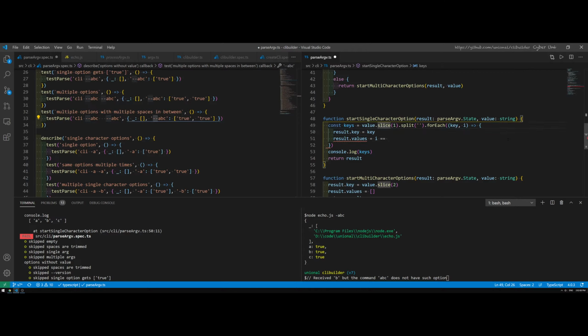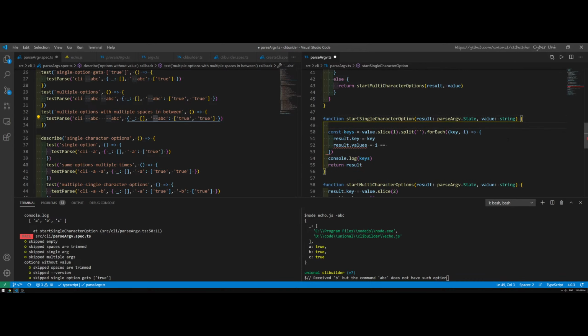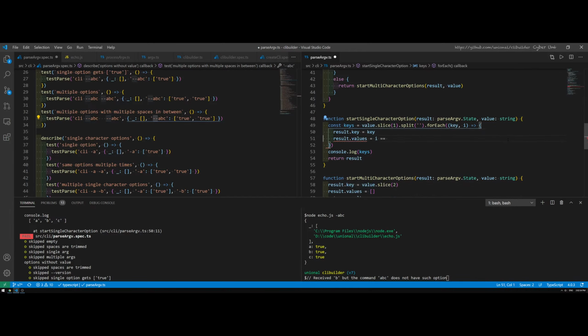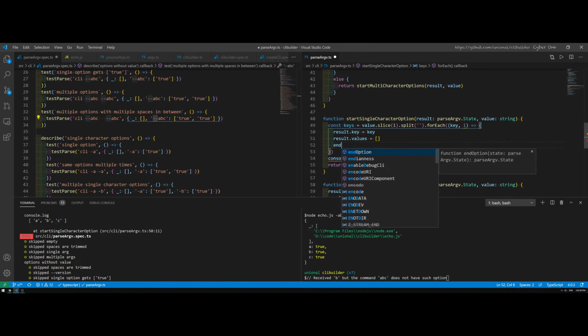This is way too much. Way too much. So, key string. Well, last key. Oh, I'm not handling that right now. I'm getting ahead of myself. So just that, and then